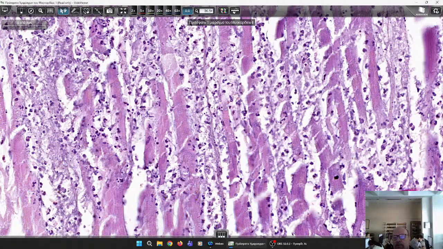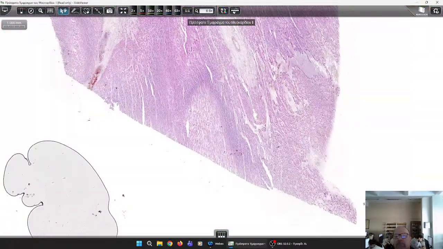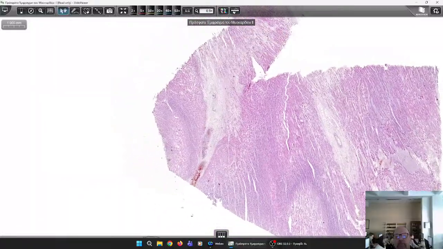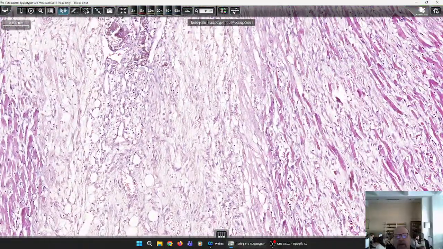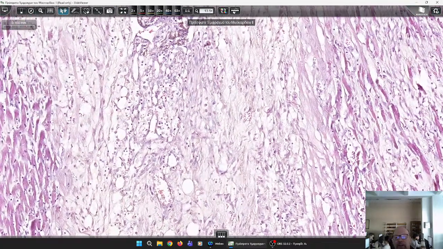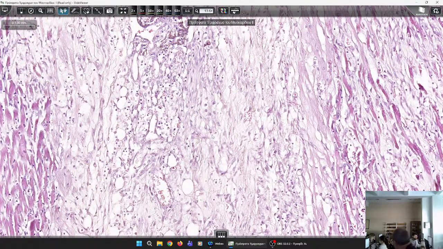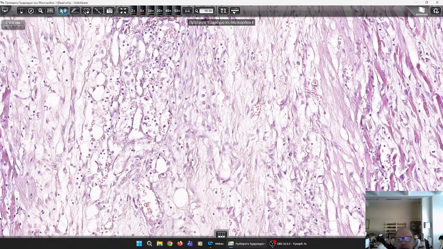Mainly neutrophils infiltrating. And furthermore, in the same slide, you can see an area here in the center where there are no myocytes, necrotic or viable. And what tissue is this that has replaced the myocardium? You can see some spindle-shaped cells like these